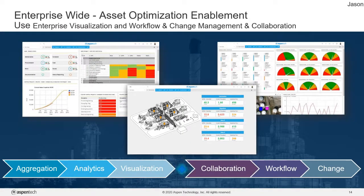So if I could just take your eye from the left of the screen, we're going to go right across the bottom of the slide. With Aspen Enterprise Insights, we aggregate data across different data sets. We use analysis to understand the data and to help users understand the information with strong visualizations based on their role. So you can see the information relevant to not just your role, but to how you can make better decisions. It then leverages that information to enable collaboration across various functions in the enterprise or at the site level to drive a streamlined workflow, to drive changes that are required for the